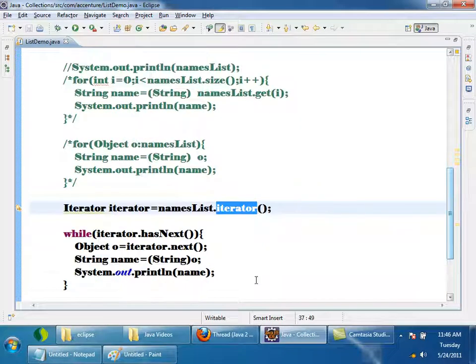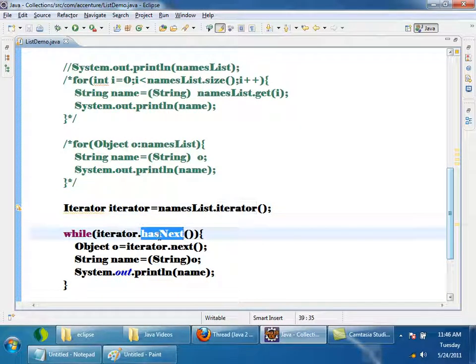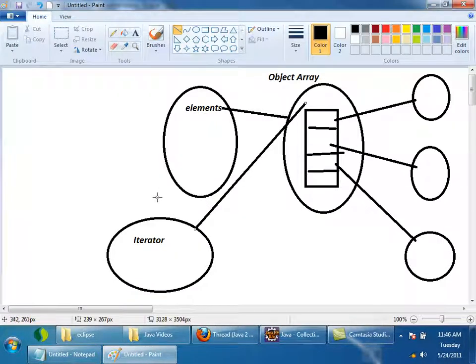So whenever I call iterator.hasNext, which is a method in Iterator, it will check whether there is a next element in the array. Previously it was pointing to minus 1, so it will check whether there is an element at the 0th location of this array. It is there, right? So hasNext checks whether there is a next element or not, and returns true or false accordingly. Now in my ArrayList there are 3 elements. For the first time, if I call hasNext, the Iterator checks whether the 0th element is there. It is there, so hasNext will return true.